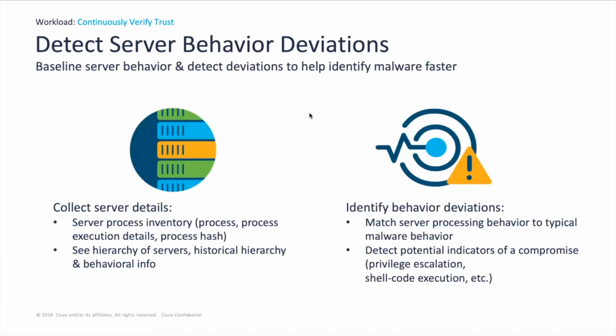How many times have you asked somebody, hey, identify what that problem is? And they go, well, I think it's this. I think it's malware. Oh, it's malware because I actually saw on the machine, it has ransomware and it stopped. By the time you get to that point, it's too late. We want to be able to detect the potential indication of a compromise early on, either it being a privilege escalation or execution of code or a PowerShell or whatever it might be from that particular machine, and stop it.